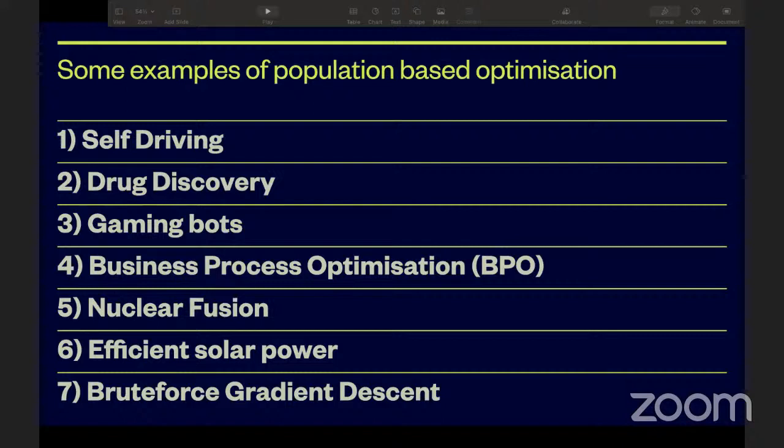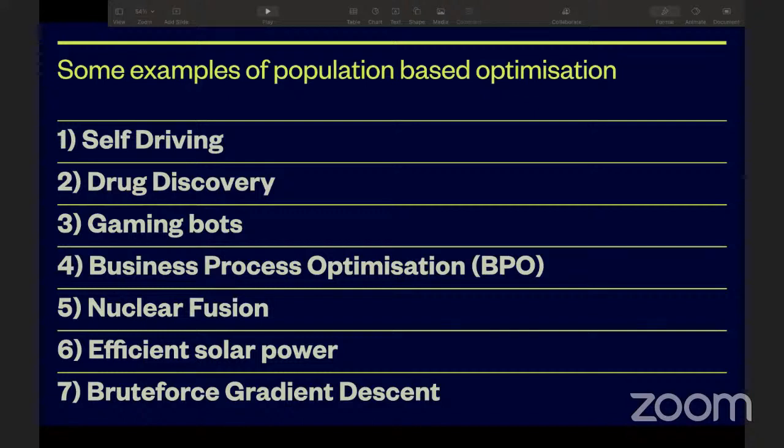Then the next application is business process, where we look at various different ways in which a particular deal can be made. So let's say there is an optimal price where the deal should be made, then we look at all of the extreme ends of the same scenario, and then different genetic optimization individuals are created. And then through the process of genetic optimization, we come up with an optimal point in business process optimization where we can come up with a deal which is not harmful for either of the parties.